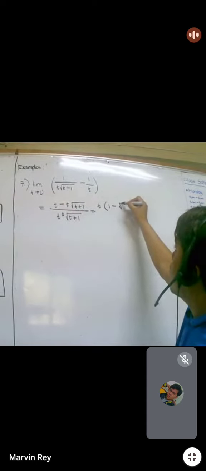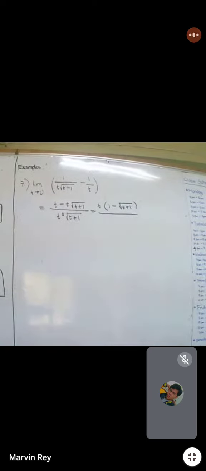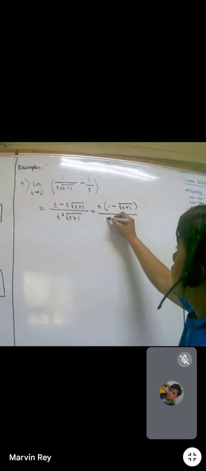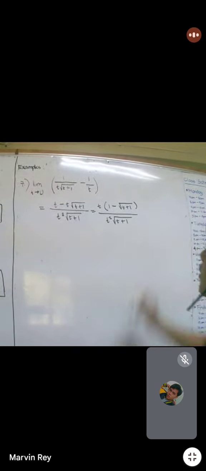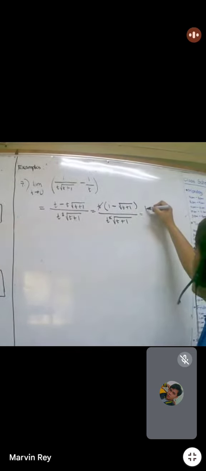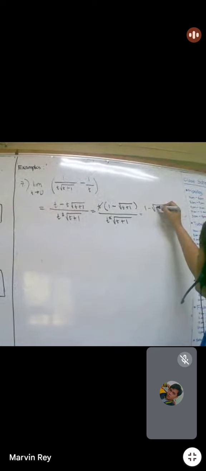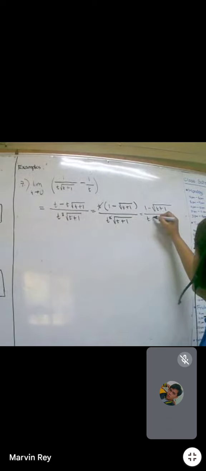1 minus square root of t plus 1, all over t, t squared square root of t plus 1. Okay? Next step is you have to what? Rationalize, or first you have to cancel this out. So, cancel. The remaining value is 1 minus square root of t plus 1 all over t square root